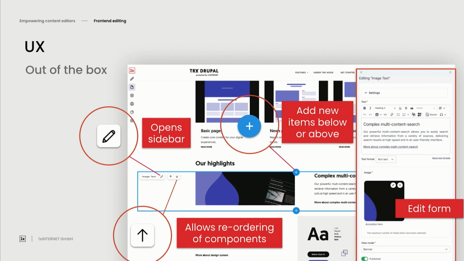So the last button that we have in our UI here is this add new items below or above button. Now, once again, this does exactly what you think it does. It allows you to add these new configured components either above or below your currently hovered paragraph. And I will be very repetitive here, but hopefully that just really highlights the repetitive processes that these content editors